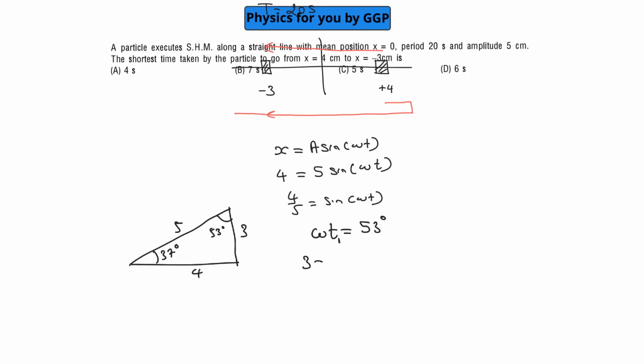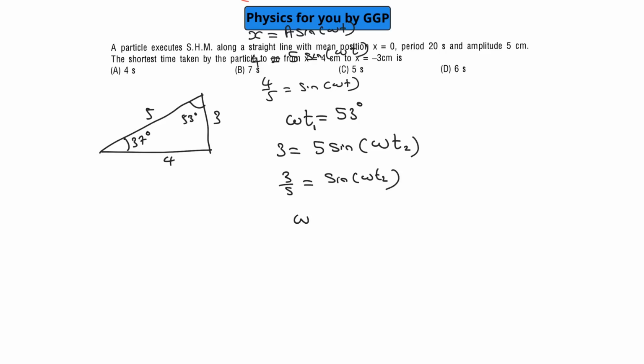Like that, if you are finding the time taken by the particle to move from 0 to 3, let's say the time is represented by t2. So by using the same method we can write 3 by 5 becomes equal to sine omega t2. And you can write that omega t2 will be equal to 37 degree. So we can find the value of the total time, which is omega into t1 plus t2, which is going to be 53 plus 37, that is equal to 90 degree,